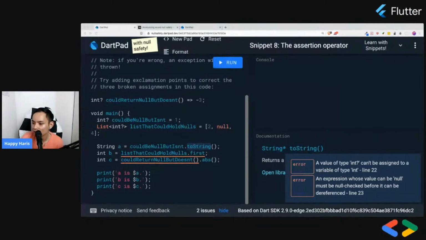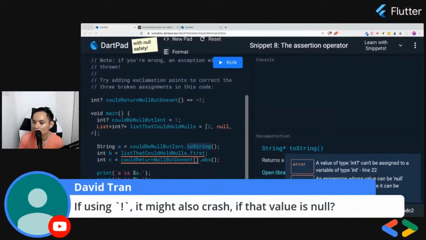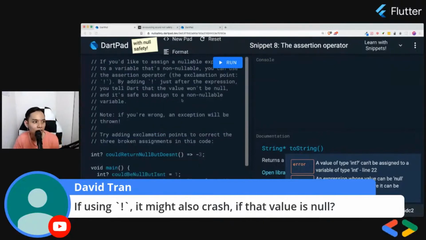Okay. Yeah. If using this, it might also crash if that value is null. Yes, it will crash. So for this assertion operator,